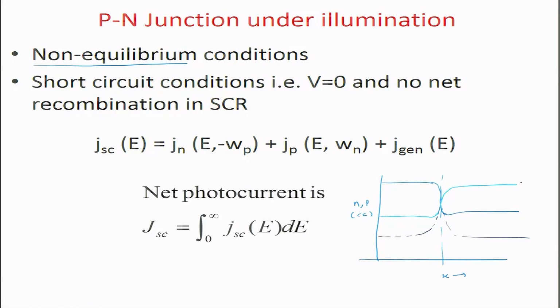So, this would be the carrier density N, and this would be Nn, this would be Np, this would be Pp, and this would be Pn. So, Pn increases, Np increases, and of course, there is a change in Pp and Nn as well. So, minority carrier concentration suddenly increases a lot. So, there are major energy shifts within the semiconductor,